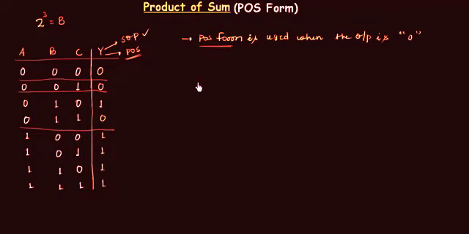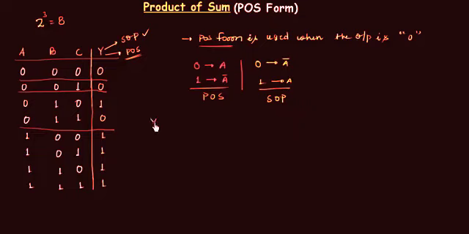If the variable is A and it is 0, then we will write it as A, and if it is 1, then we will write it as A complement. This is just opposite to what we have studied in the SOP form. In SOP form we studied that if the variable is A and it is 0, we write it as A complement, and if it is 1, we write it as A. This one is for SOP and this one is for POS. So you have to remember this thing. It will be very helpful to you when you write your exam. So let's move to the POS form.